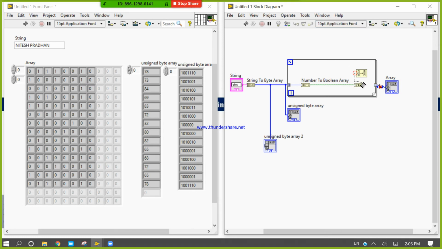I can use this reverse 1D array. Okay, everything is set, done.